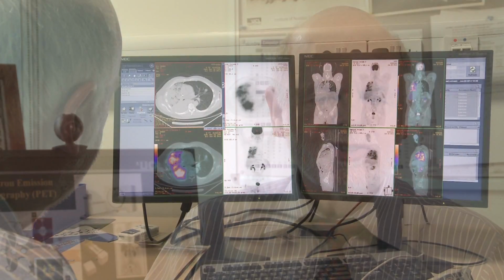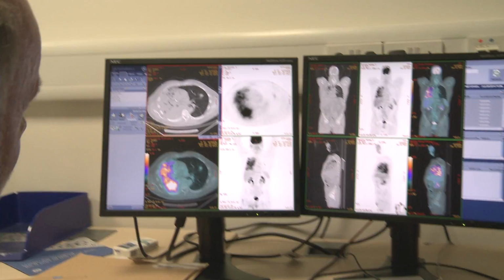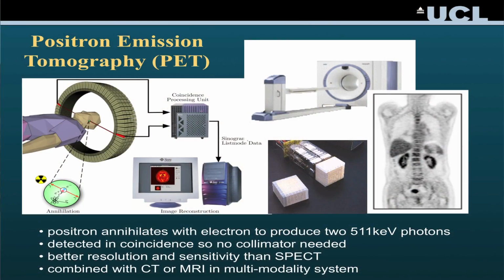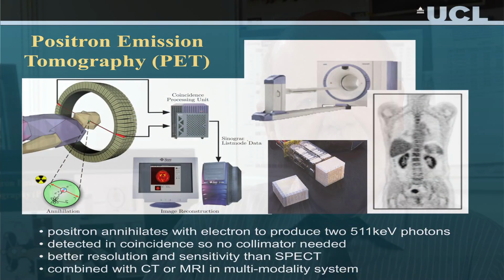Imaging in nuclear medicine involves the administration of a radioactive compound which concentrates in a particular part of the body, in this case targeting, for example, inflammation. In particular, we use positron emission tomography in combination with computerized tomography. These two techniques allow us to look at the function of the body as well as the anatomy in a